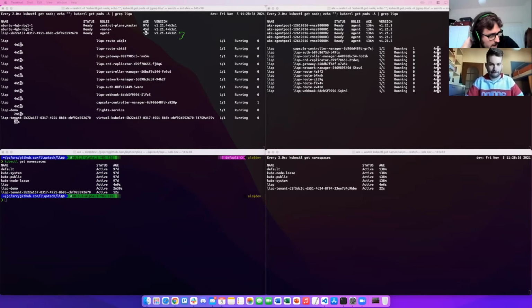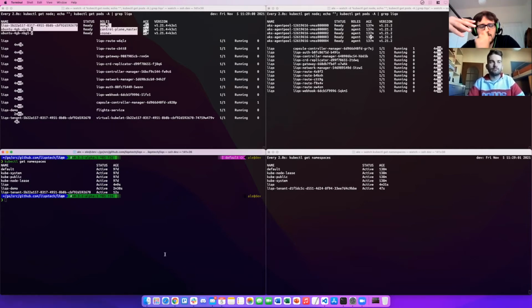So now we have a LicoDemo namespace, which we just created. We didn't put any label on it, so it's a bit different from the other time. Today we want to have a custom behavior for LicoDemo. We want to just expose, just make the service available without offloading pods. To do so, it's really simple.